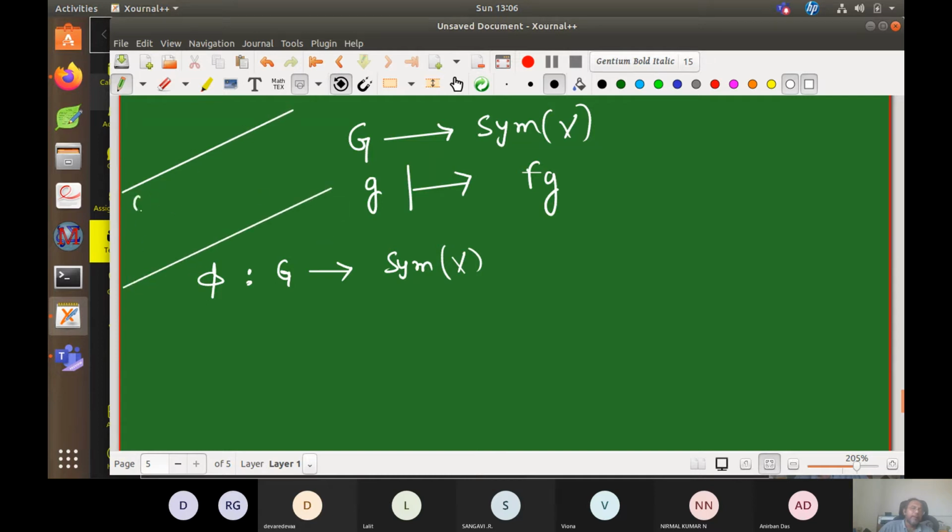So we already have that G acts on X, and the action is g dot x. This helped me to give a map Fg. So with this background I am here. Assume that G acts on X, then I can define a map phi from G to the symmetric group of X. So phi of g is equal to Fg. So now over to you.